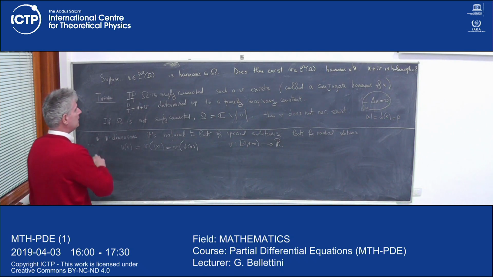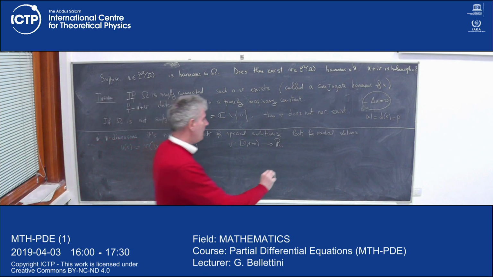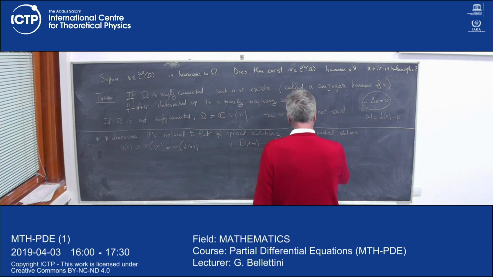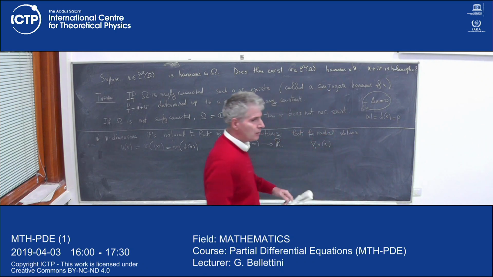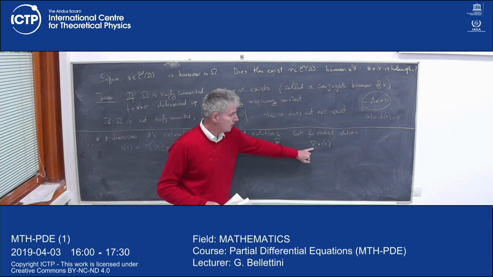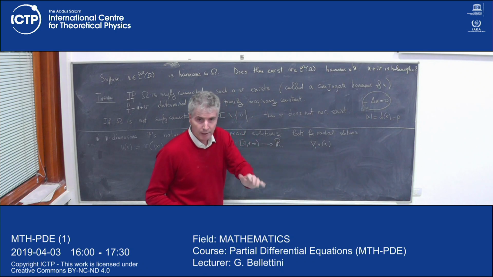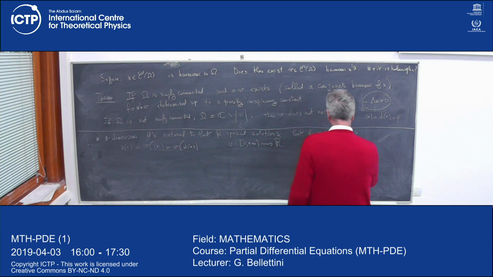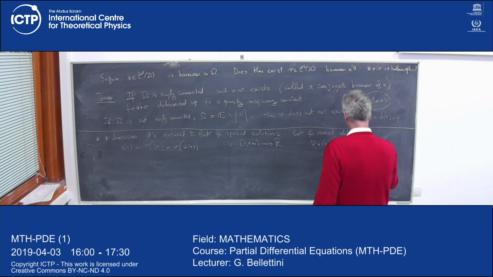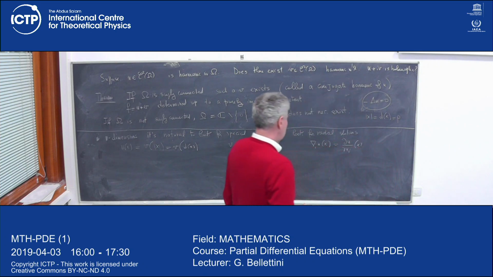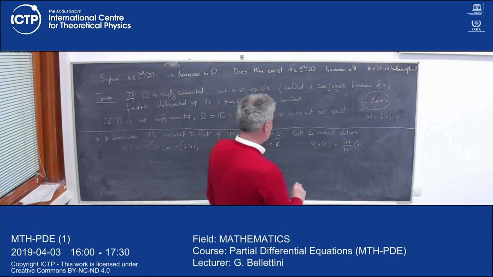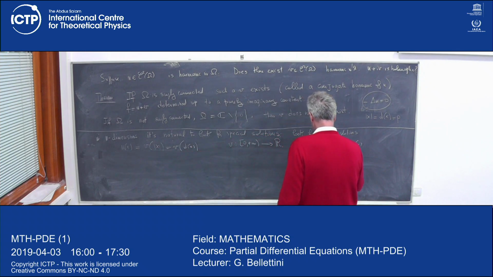We have to write the Laplacian. Remember, my notation is this: the partial derivative of u with respect to xi, i from 1 to n, and the second derivatives will be